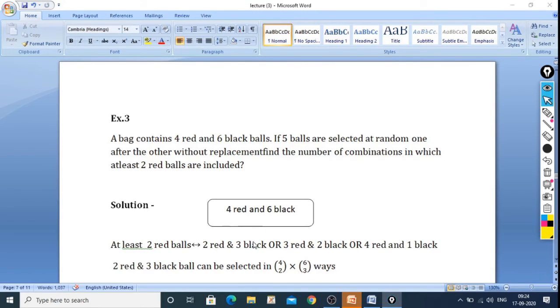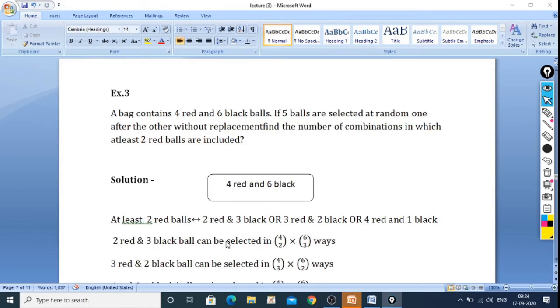Now take one by one. Whenever there is and, we will use the multiplication principle. So the first one, 2 red and 3 black balls can be selected in, now we are having 4 red,